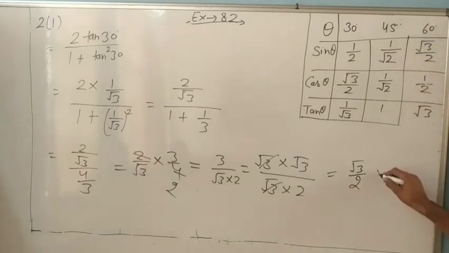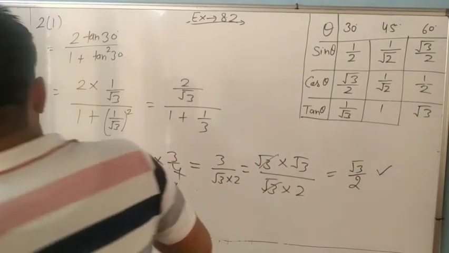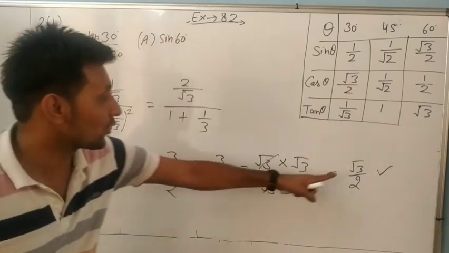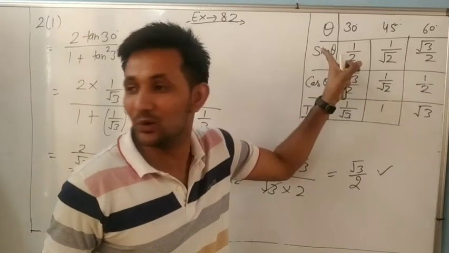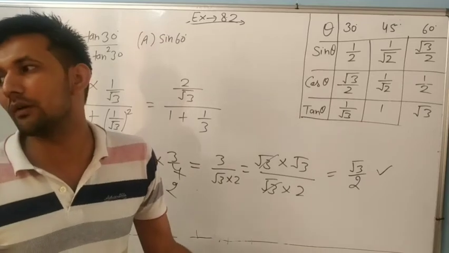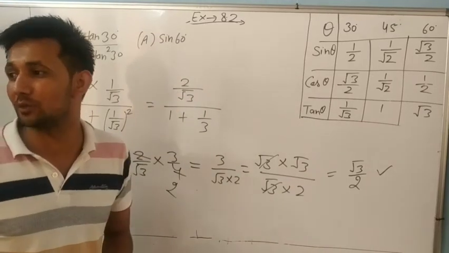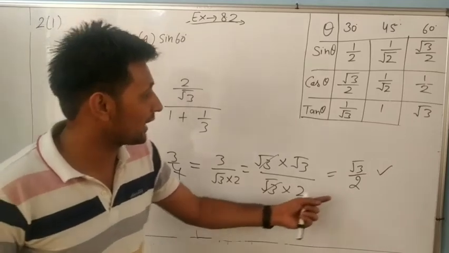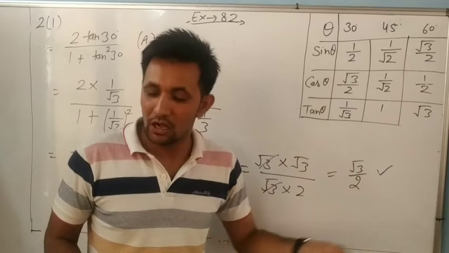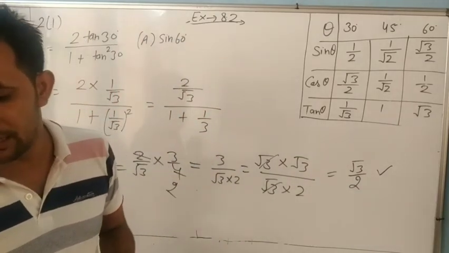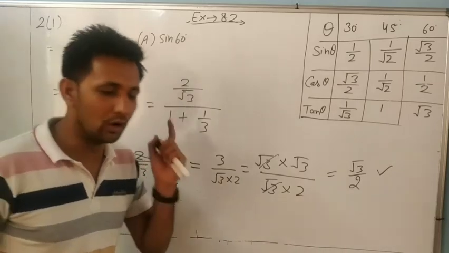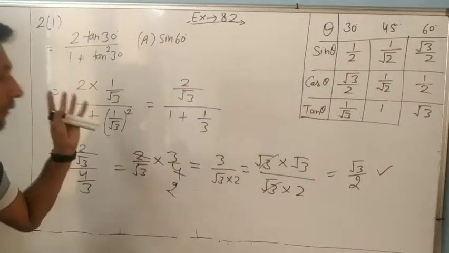Now, dear, but the MCQ is given. The first is sin 60, yes, root 3 by 2. Whose value? Sin 60. It is our answer. The rest are not our answer. Like this you have to check which one is our answer. Suppose our answer comes 1, so that is the answer. Okay dear. So part number 1, part number 2 and part number 4 you have to do yourself. Okay dear. Note it down.